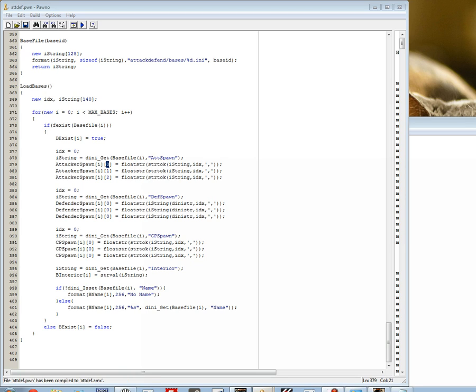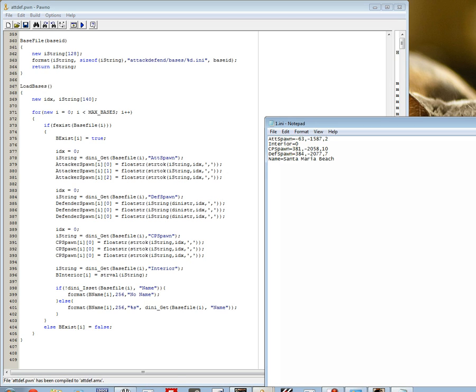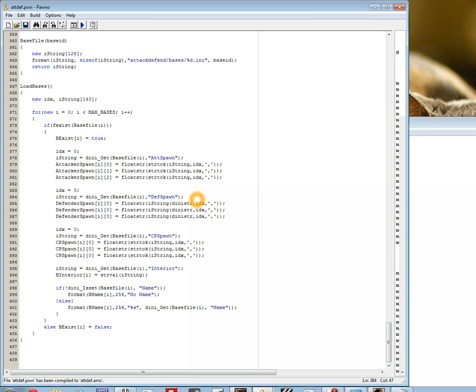Float, string, and then I string idx comma comma. Just do it like this because I don't know how to explain it to you guys. You don't even need to change this anyway later on. It's just going to get all the x, y, and z, and then do the same thing for defender spawn. Get all the defender spawns in your variables that you made for attacker spawn for base 1, 0,